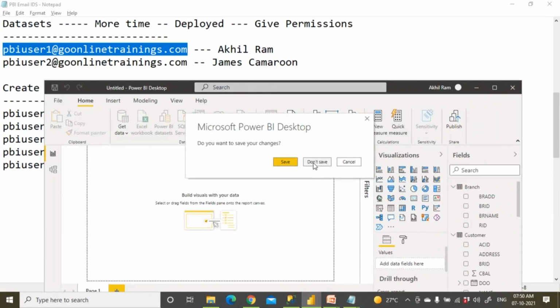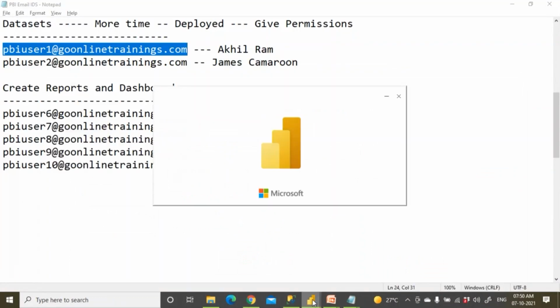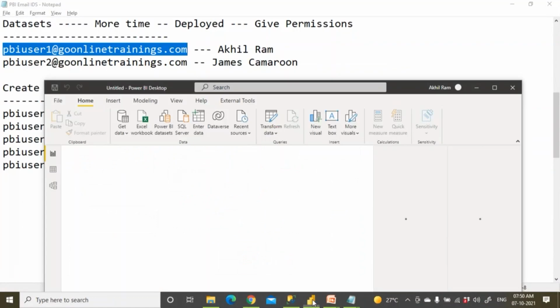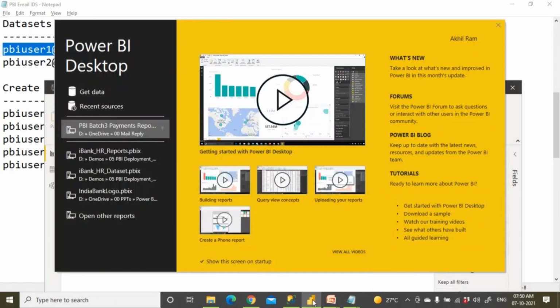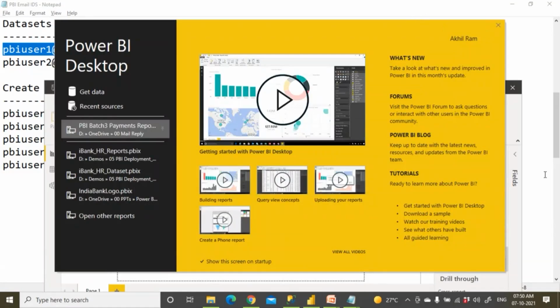Let me close this. Don't save anything. Let me open, log in. In companies, you will have only your own user ID. You don't have any other user ID, right? So there are no different users for training purposes. Everything I am doing, I have to get everything. So Akhil Ram is now logging in. He has to